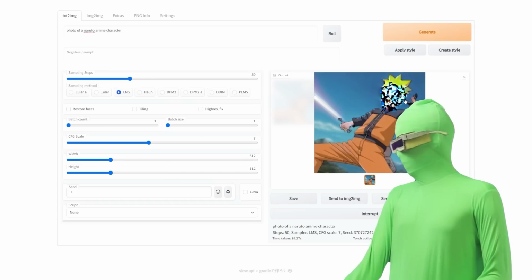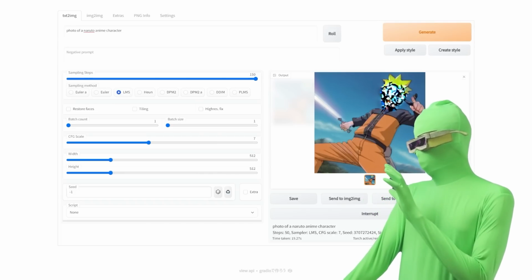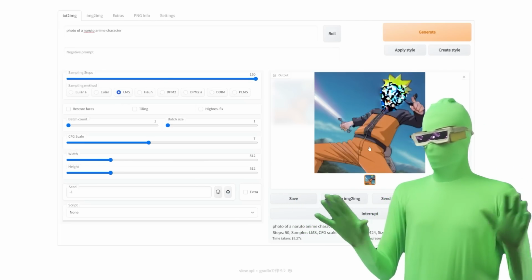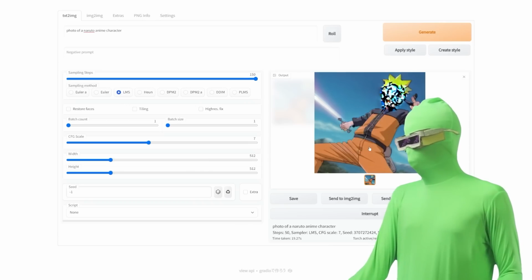But you can see there's a big problem with the face there. So what we could try to do is just increase the steps, because that's usually how we fix this, though this is a lot of noise. You can already see this is way better than the old model. It clearly understands who Naruto is. It looks like him. It has his essence. So we're going to do 150.